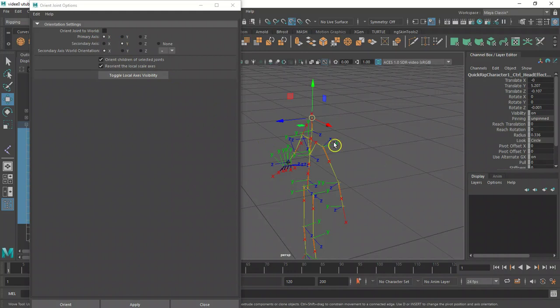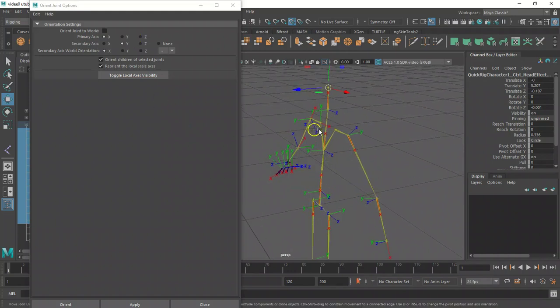The primary axis is simply the axis pointing towards the child joints. That's to say, in the shoulder joint, if the primary axis is set to X, it means the X will point towards the elbow joint, and from the elbow joint it will point towards the wrist joint. It's in the form of forward kinematics, FK. So the primary axis here is set toward the X axis,